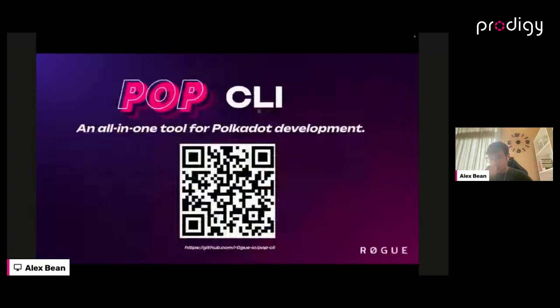For that, we're gonna use Pop CLI. As I said, that's a tool me and my team are building right now. So you can scan this QR code, or you can go to GitHub.io Pop CLI. Pop CLI is an all-in-one tool for Polkadot development. You can install the dependencies that you need for Polkadot development. You can create a parachain in a similar way